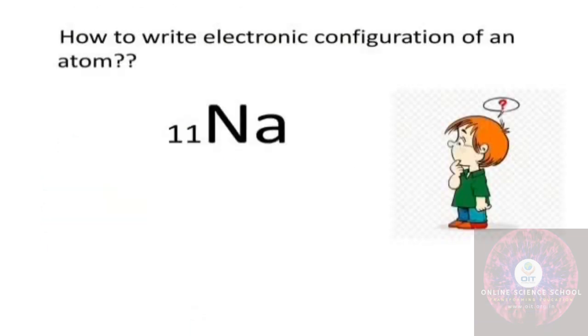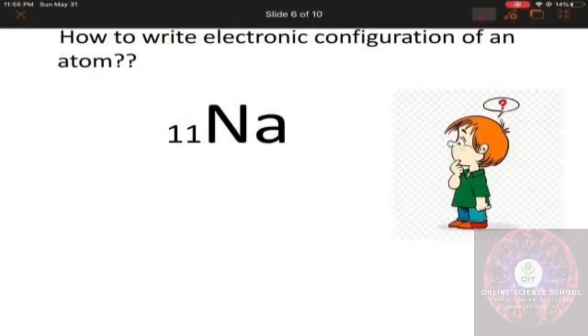Then how to write the electronic configuration of an atom? The given atom is sodium. The atomic number of sodium is 11. The atomic number of an atom is the total number of electrons present in an atom. So, what is electronic configuration? Electronic configuration is the arrangement of electrons in different shells. So, we have to distribute these 11 electrons in various shells. So, we can write the electronic configuration as